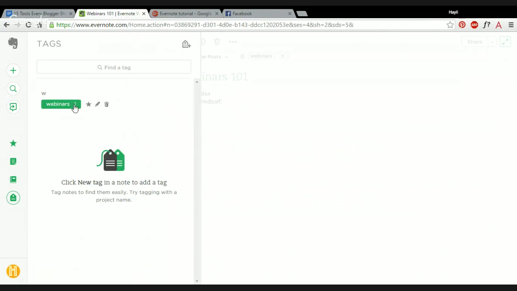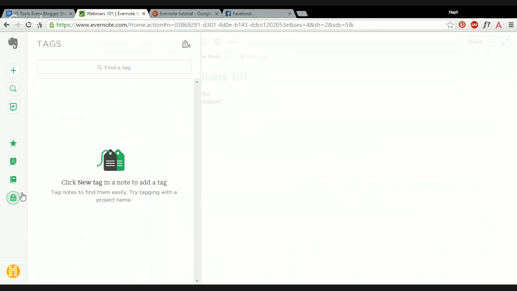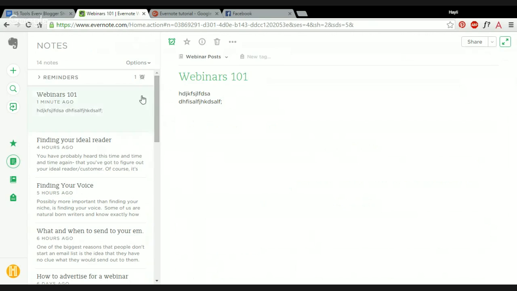I've only got one tag. I don't actually use the tag feature, but I know a lot of people who probably would if you have more notebooks. I tend to just delete things as I post, and then just call it good, because usually I don't need that again. All right, so if we go to the notes, you can always just add